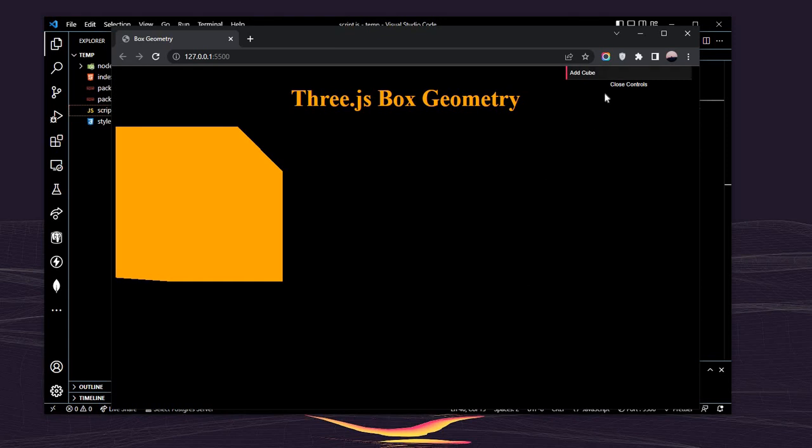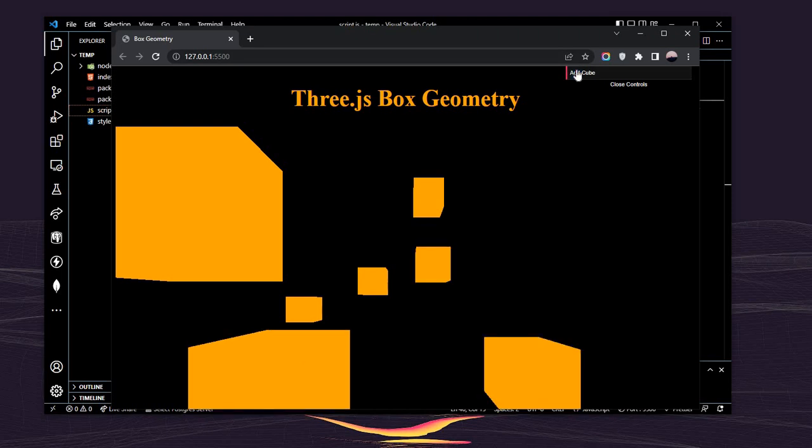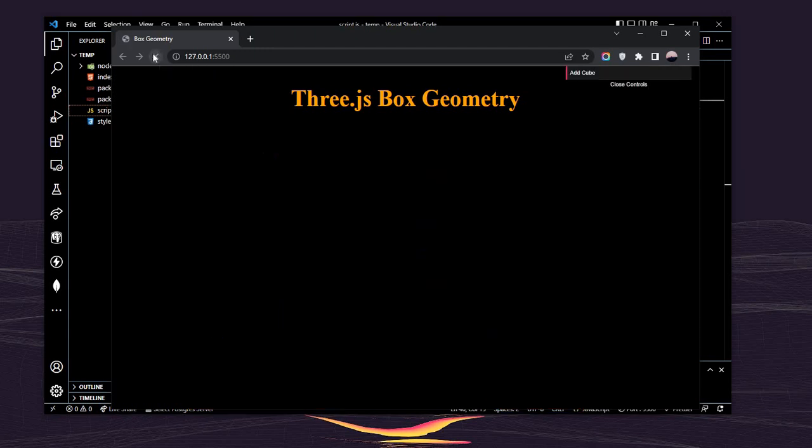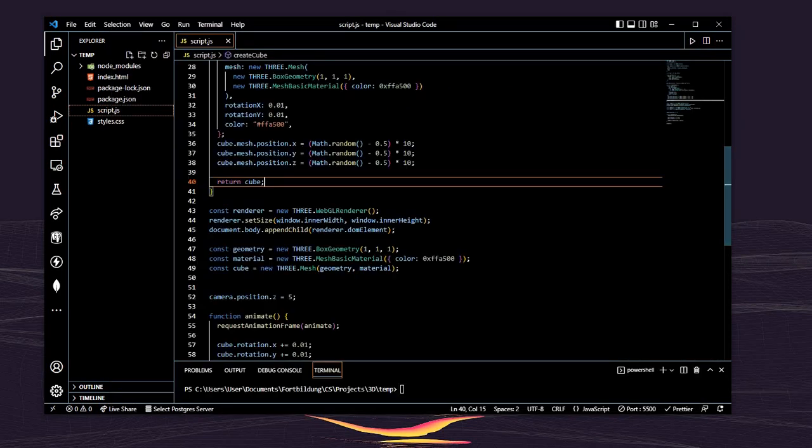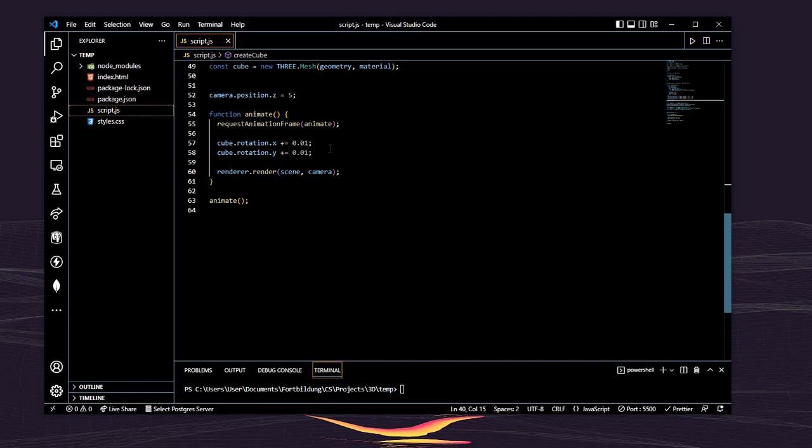And look at this. We have cubes which appear at random positions on the screen. Some of them we don't even see. Okay. Let's reload, because there's a few things missing from here. First and foremost, we want the cubes to rotate, right? This is definitely a requisite. So the way that we can do this